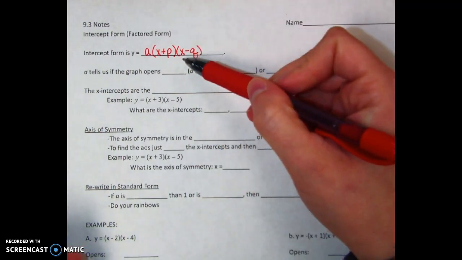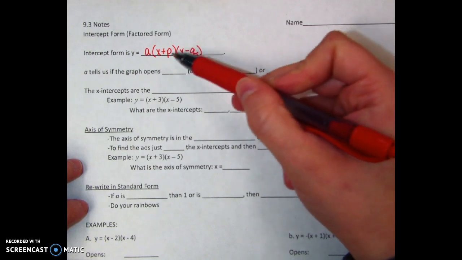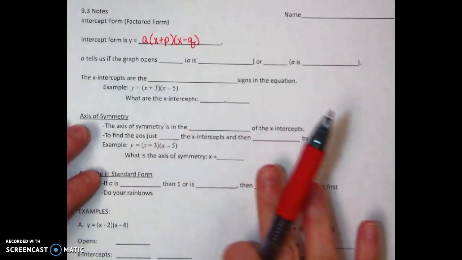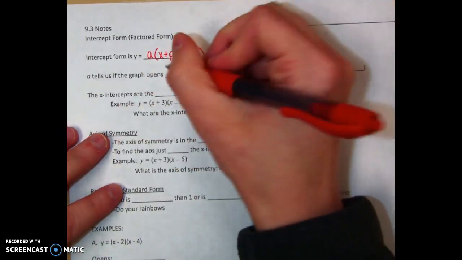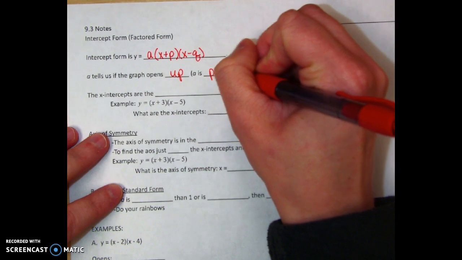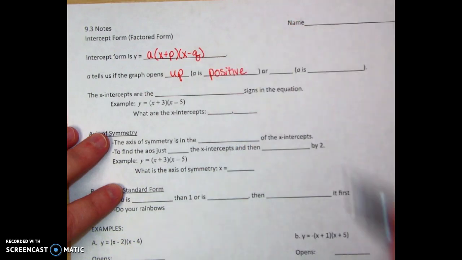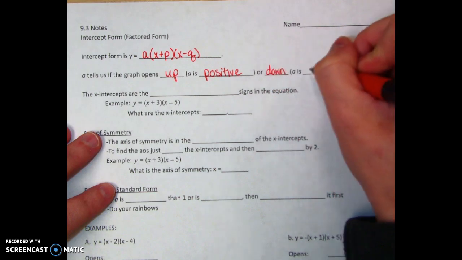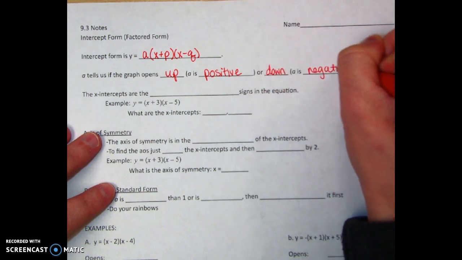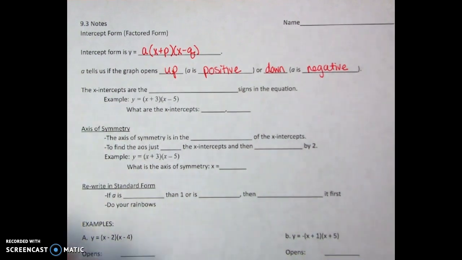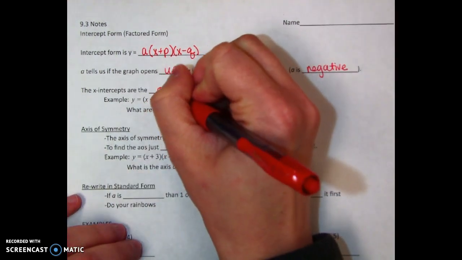Basically it's factored already, and these are going to be your x-intercepts here. A tells us if the graph opens up, and that's if A is positive. And then if it's negative, it'll open down. The x-intercepts are the opposite signs